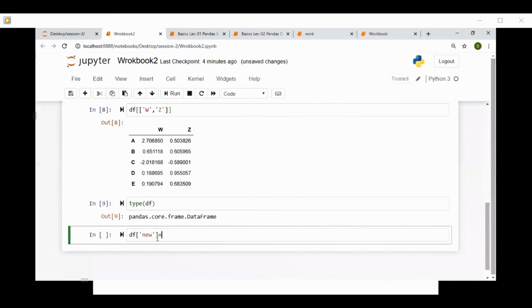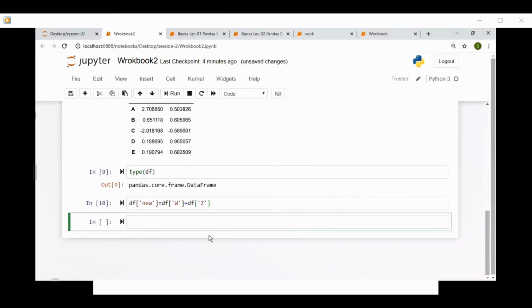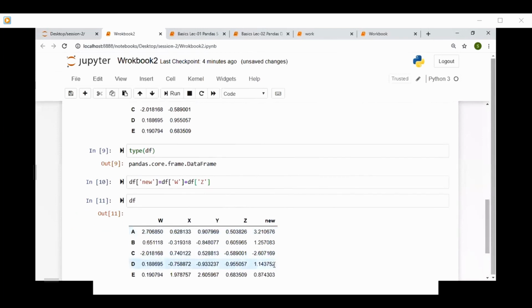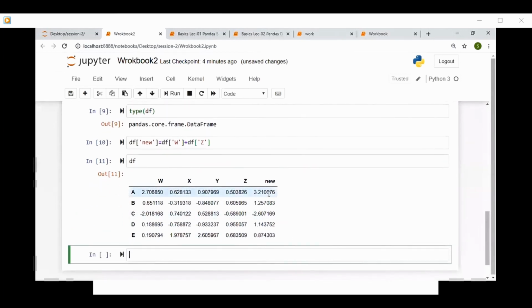What I did is I created a new column in the data frame using addition of elements in column W and in column Z. This resulted in the new column.